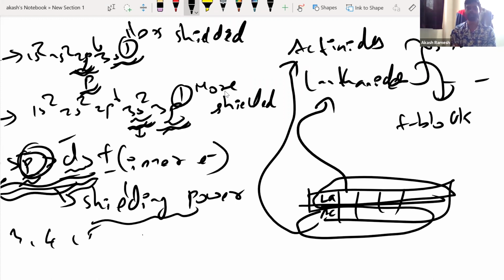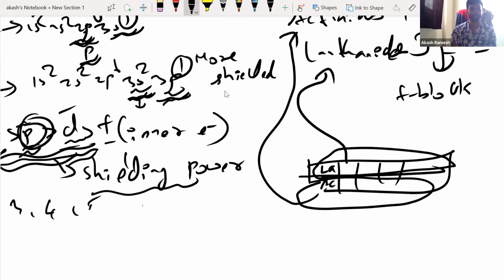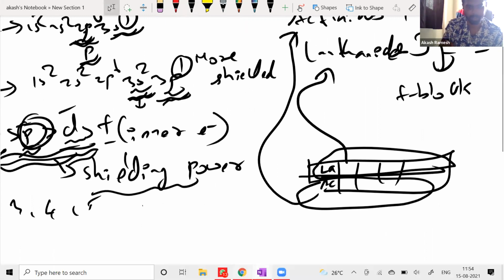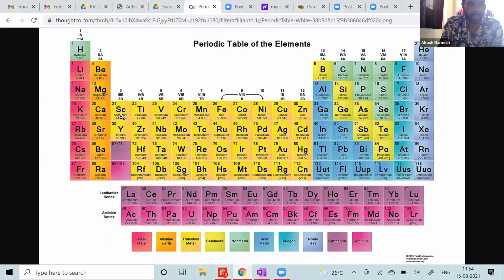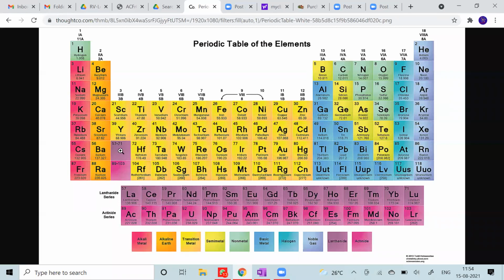Now they are going to have a very distinct problem, especially with respect to the shielding effect. Before lanthanum, if I can show you the periodic table, that's better. One second, wait. Let me show you the periodic table. Now look at this. I have scandium, yttrium, and then lanthanum, here. Hope you're able to see that. Are you able to see the cursor moving?